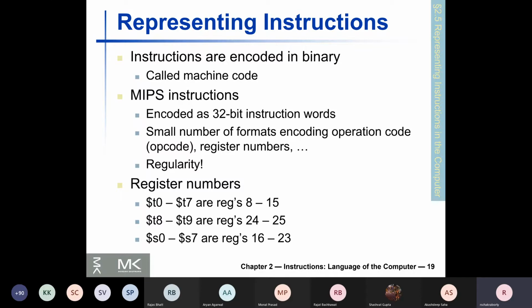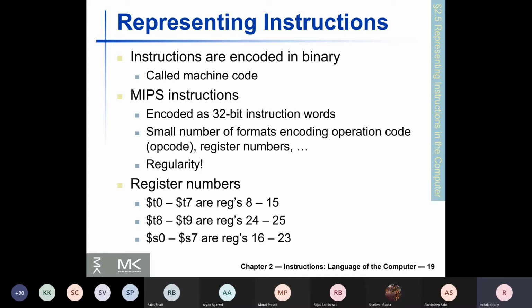Well, that is fine, but this concept that even what operation it will do is encoded in binary and kept along with the data in the same memory is a kind of novel concept. This is called a stored program computer. We'll see this very soon, and probably it has been taught in the previous classes.